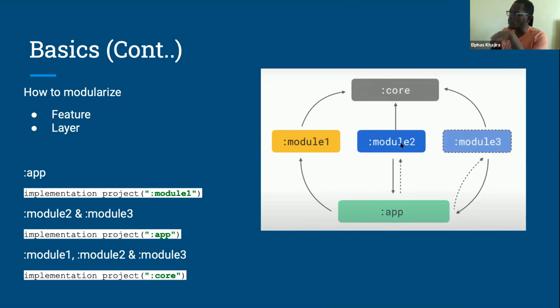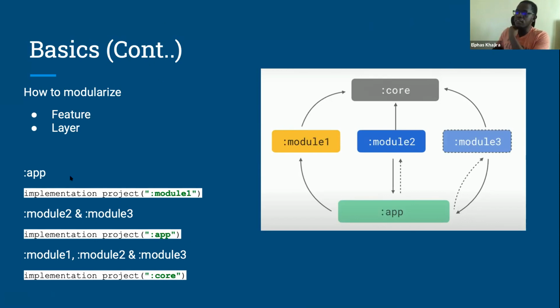So they'll depend on the app module. But now the app module will declare them as dynamic features, so you can have them delivered to the user depending on when the user needs them. Then you have a core module that basically has shared code, which the other modules can depend on.